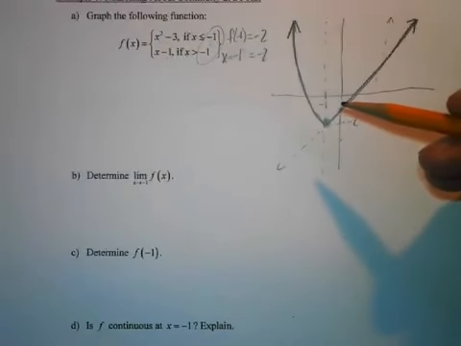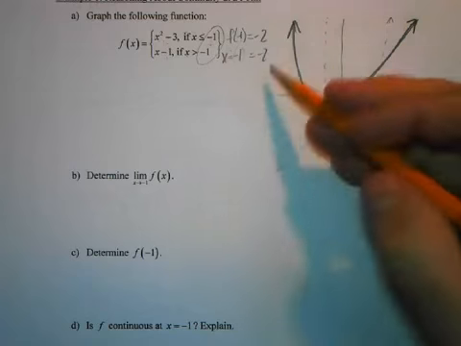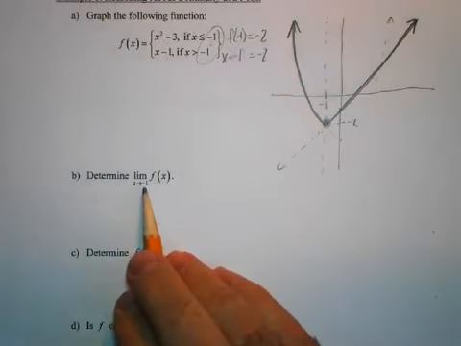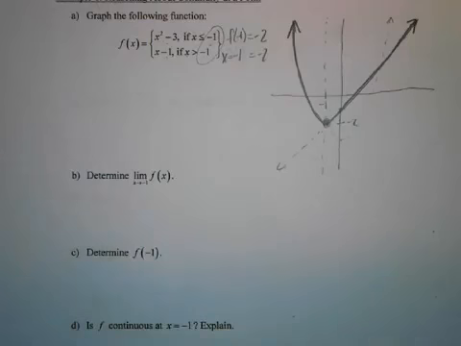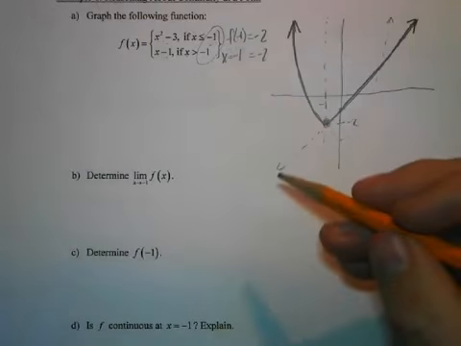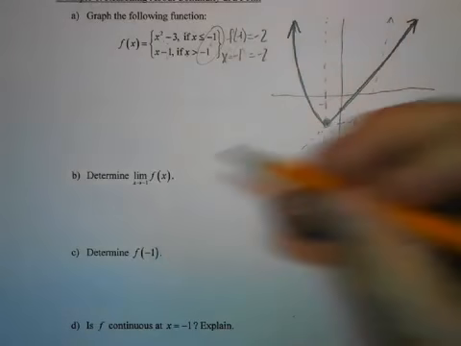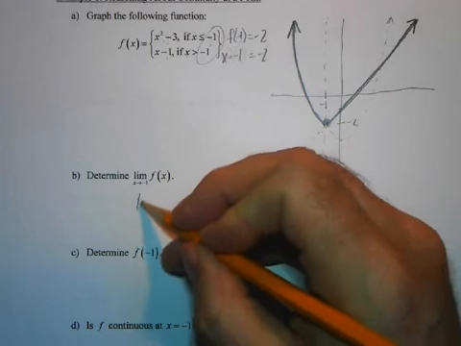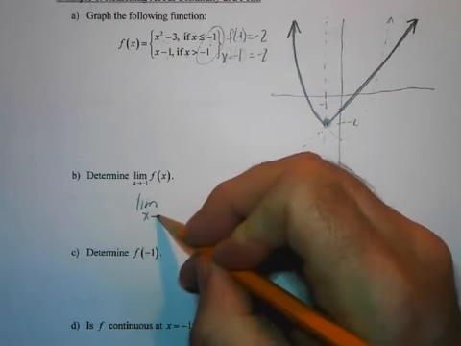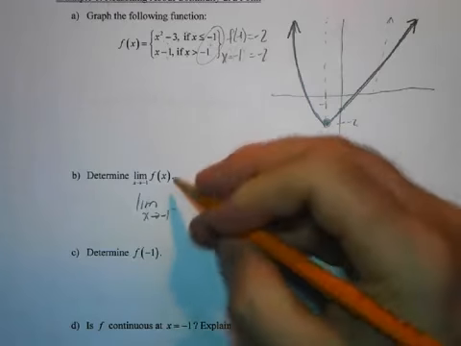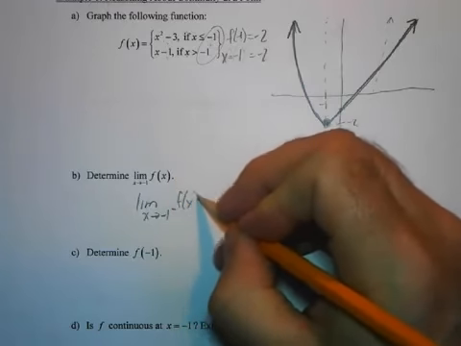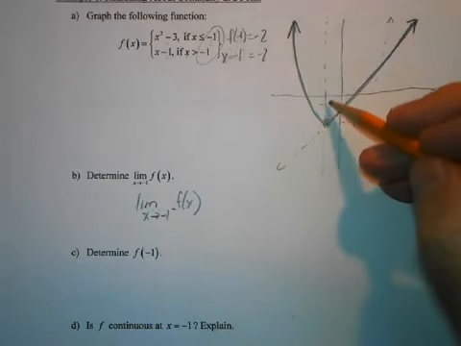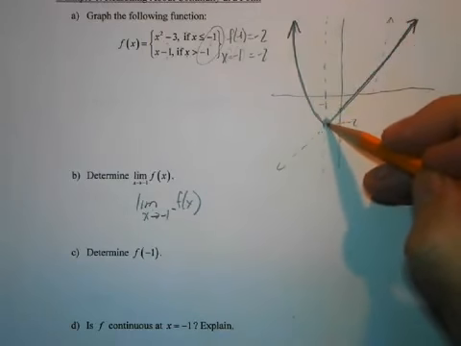In the second part, they want us to determine the limit. Nice and easy to do with the graph. So this first limit, well, I guess we could do both. So we could look at the limit as x approaches -1 from the negative side of f of x. So that's basically as we're coming down here from the negative side, as we're approaching x equals -1, the limit